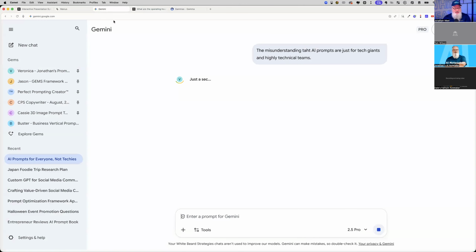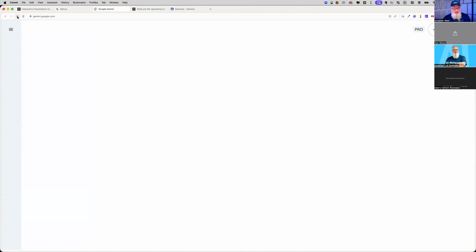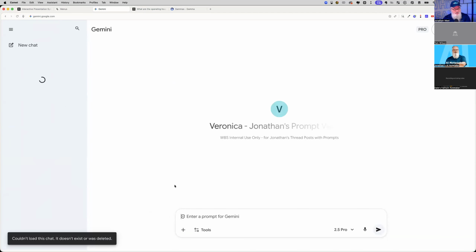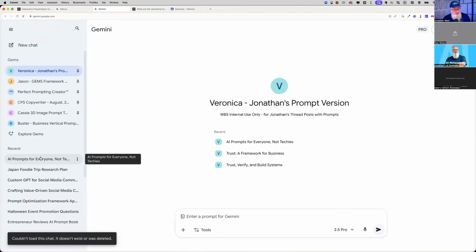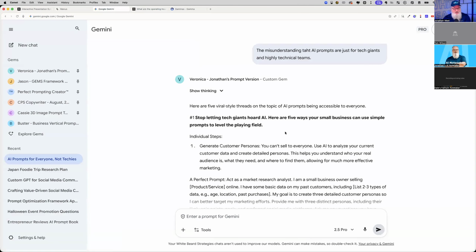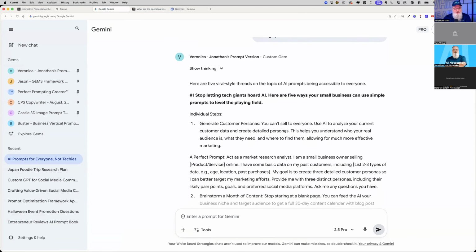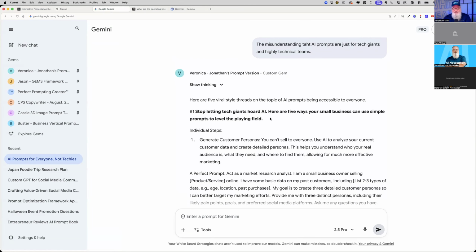Let's go back to Gemini. It's still thinking. It looks like Gemini may be having some problems today. So we'll go ahead and try this one more time. And while it's thinking, there we go. We got back to it. There we go. So stop letting tech giants hoard AI. Here are 5 ways your small business can use simple prompts to level the playing field. I like that. So again, this was writing social media posts